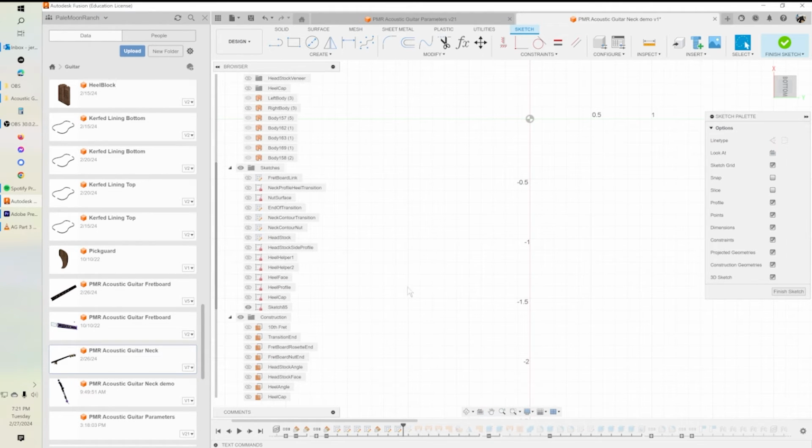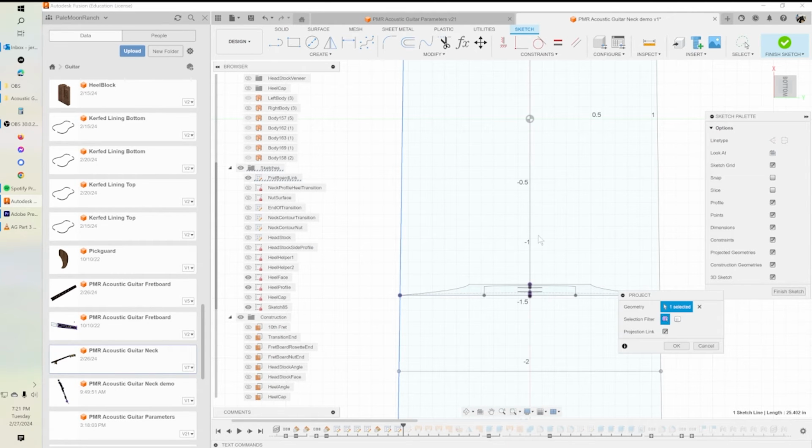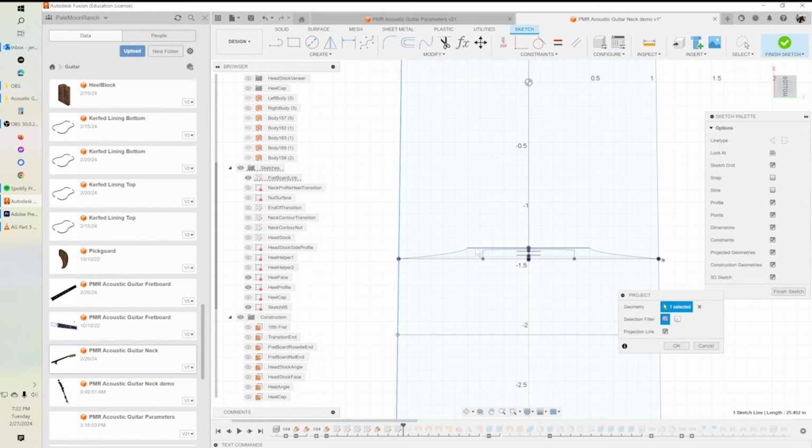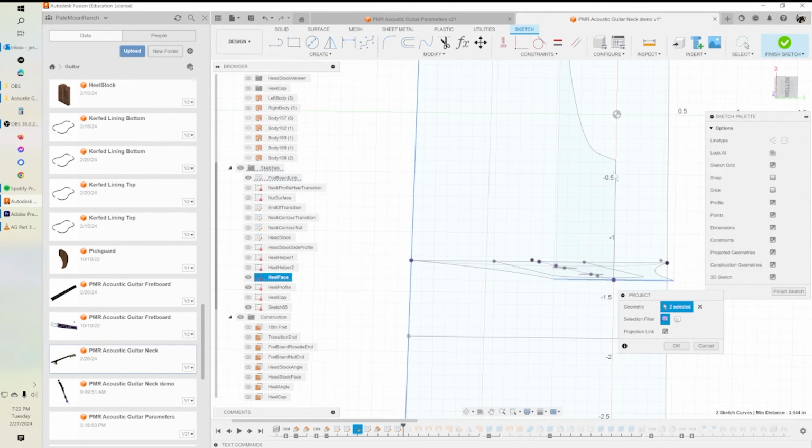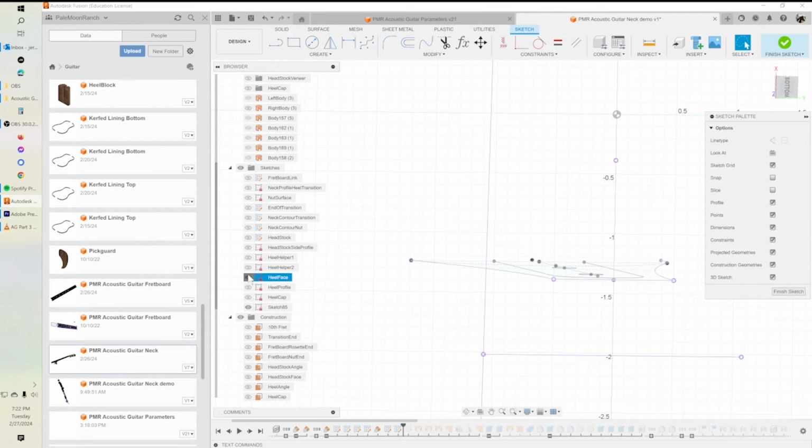So we need some projections. We're going to need to project off the heel face, the heel profile, and off the fretboard. So we need this line to project. We need this line at the bottom side of the face profile, and off of this we need this point right out here, that point. I'm going to turn the line off because I don't need the line, I just need the point. And then I need the 15th fret. So with all those projections in, I'll turn off all of those other sketches,